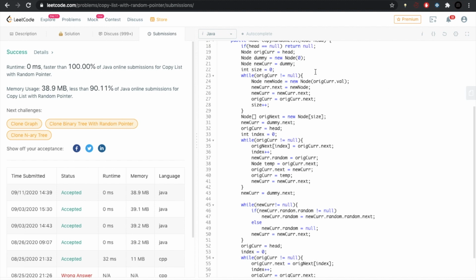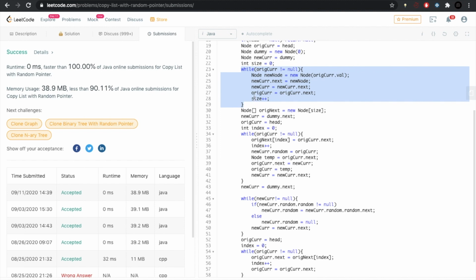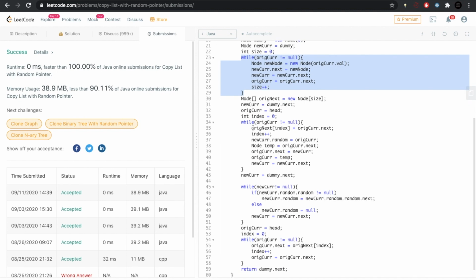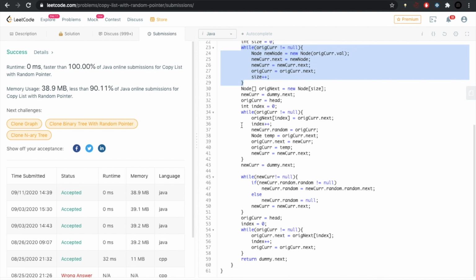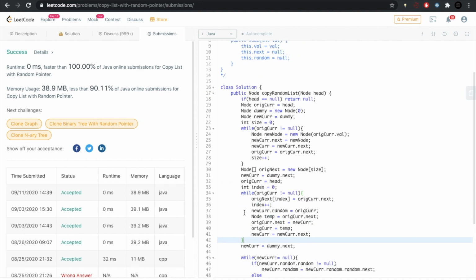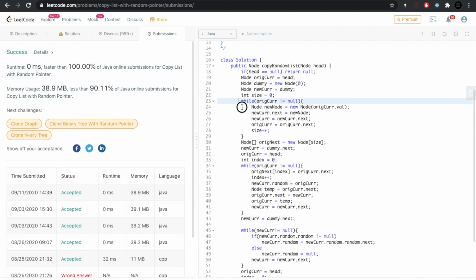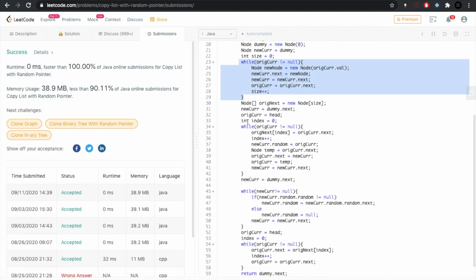The time complexity of this solution is O of n, because here we are just iterating the loop linearly. We are not using nested loops or anything like that. They're just linear iteration of the nodes. So it is going to be O of n only. We can see here, original cursor moves once.